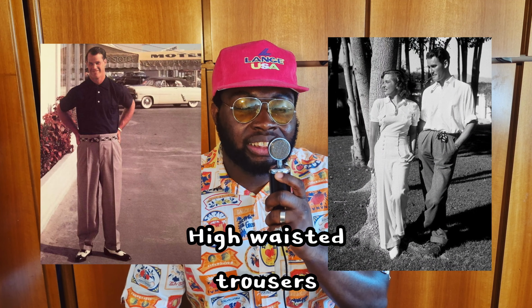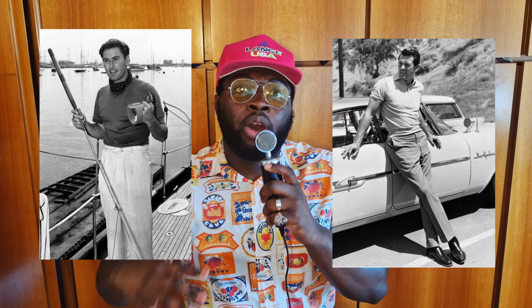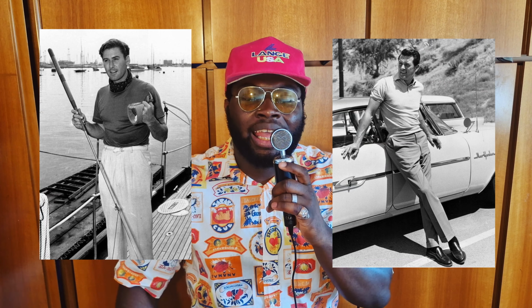The next item is high-waisted trousers. Yes, I didn't say shorts, I said high-waisted trousers, because yes, also during summer. I know that it can be hot, but you can also switch up with some trousers when it's not too hot. And high-waisted trousers are really good for tucking in your t-shirt, your bowling shirt, your button-up shirt, your polo shirts